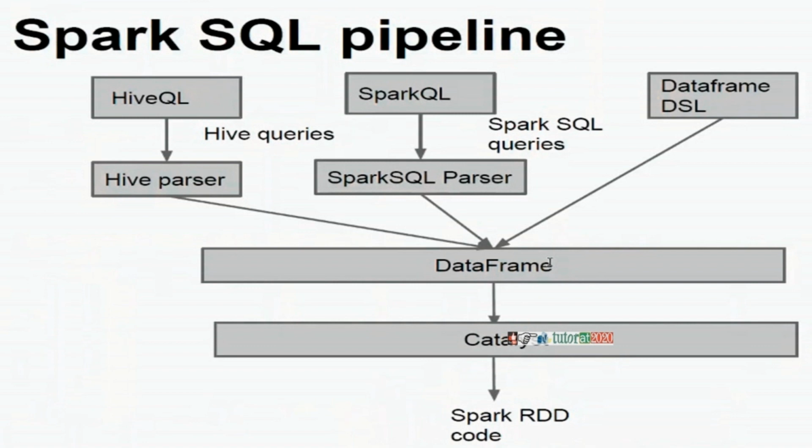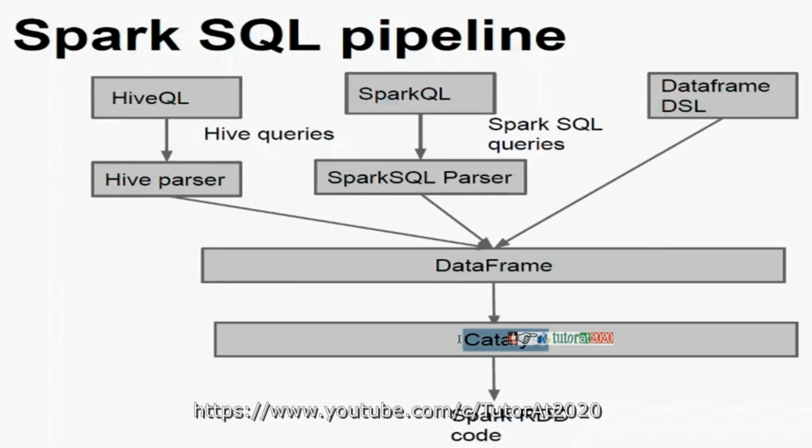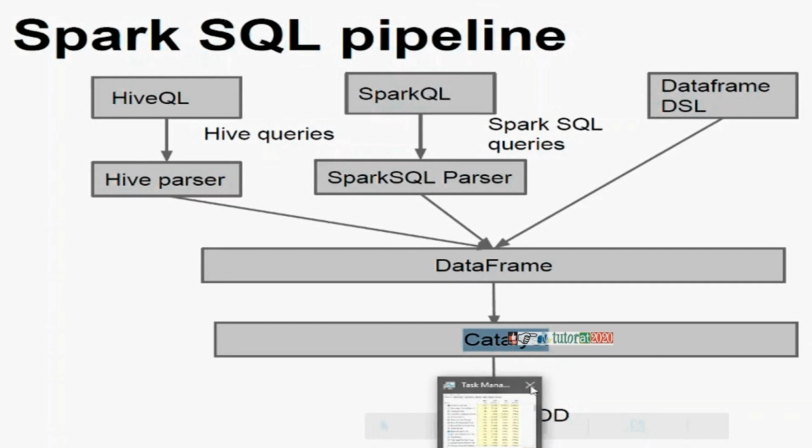When you create a data frame out of the data, the data in the data frame is further processed by the optimizer, which is part of the Spark API, and the optimizer, which is here represented as Catalyst, right? So the Catalyst API of Spark actually converts the data frame into an RDD, and actually processes the